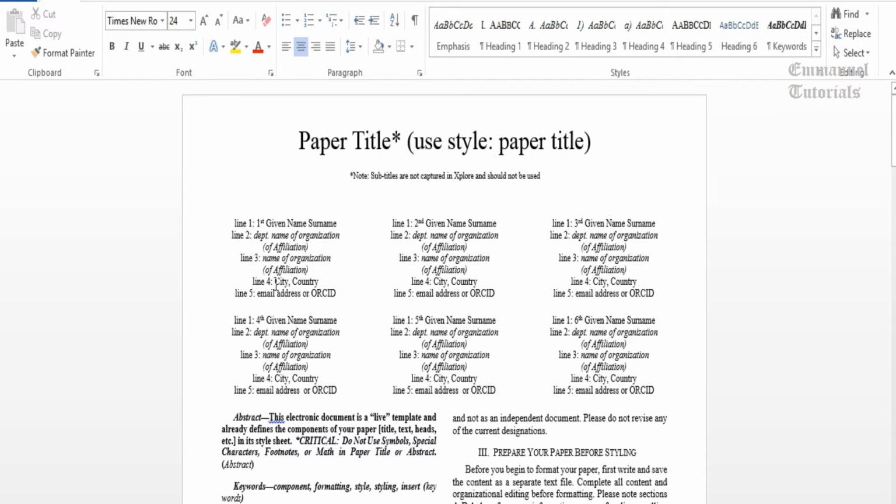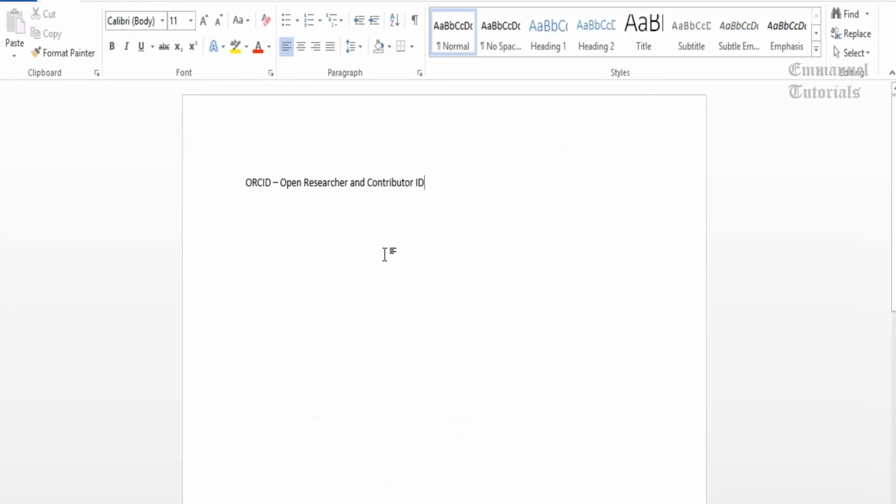And then on line 4, you can give the city and the country name, and line 5 will be the email address or ORCID. ORCID is the Open Researcher and Contributor ID, which identifies each scientific author or academic author uniquely.